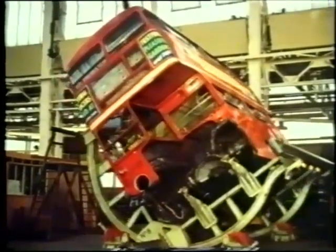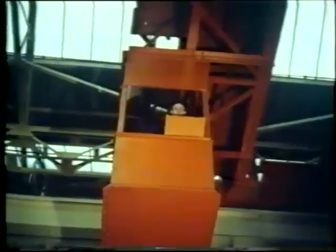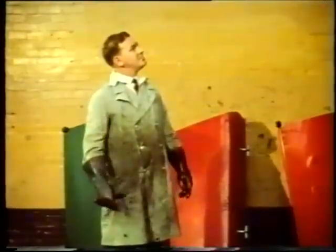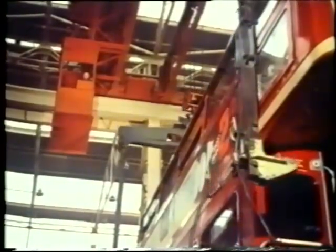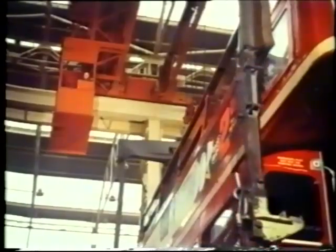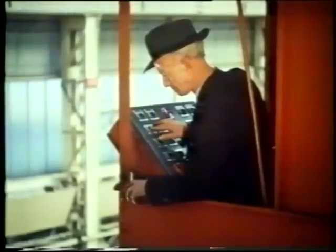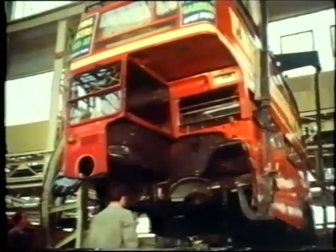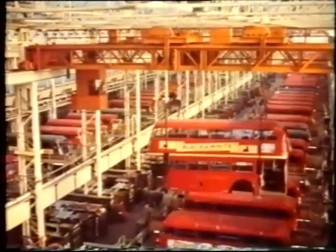One of the problems with bus overhaul is the movement of bus bodies once they've lost their wheels. This could have been done on trucks, but trucks would have meant wide gangways and greater floor space, besides being an open invitation to congestion and waste of time. At Aldenham, instead of greater floor space and higher running costs, they decided on overhead cranes and a higher roof. A greater initial cost, but a more efficient and, in the long run, more economical way of carrying the load